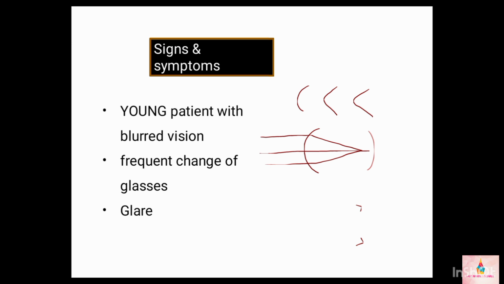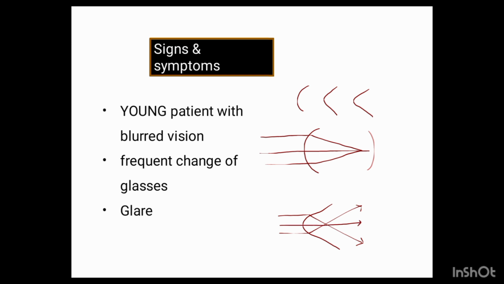So the bending of the rays at the corneal interface, the cornea-air interface, will become more. So the light bends more, right? This is the conical cornea, the keratoconus cornea. As the light strikes the cornea, see how it is bending more than the regular cornea. See, the light bends more and there is increase in myopia.